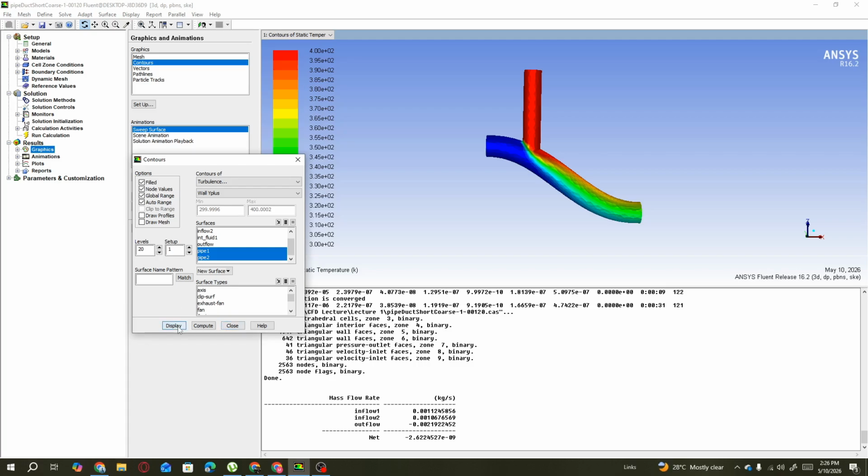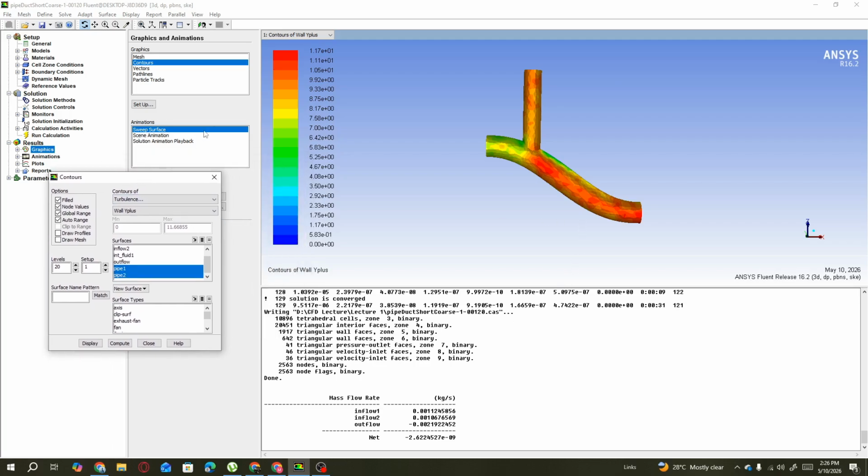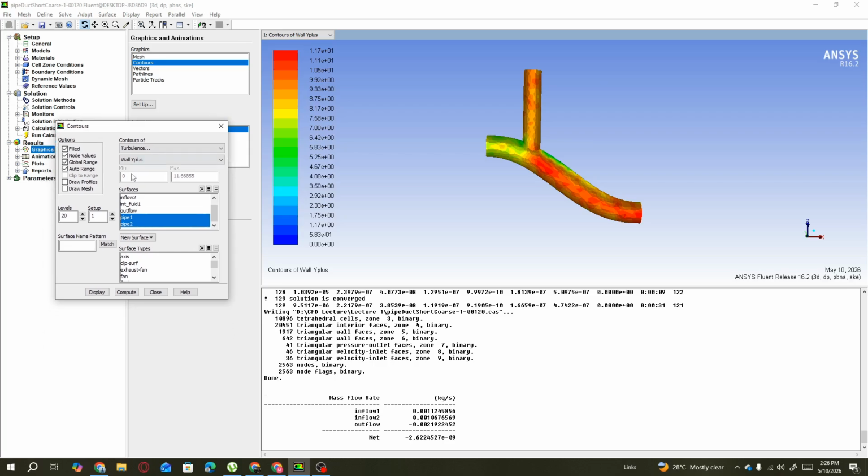But we can display that result here, and on the basis of that we come to know that the maximum value of y plus is around 1.17 times 10 raised to the power 1, so that means it is around 11.7, which is also shown in this tab option, with the minimum value of 0 and the maximum value of 11.668. So these are the results which we have developed so far